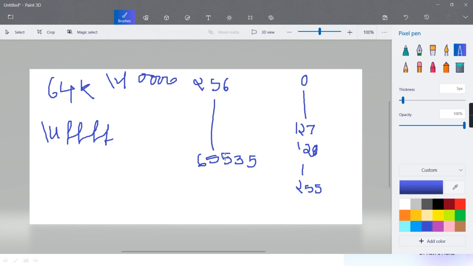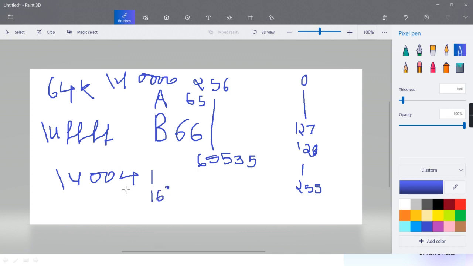Agreed? So in this whole chart, will capital B also come? Yes. And capital B's value is 66. Capital A's value is 65. But when you write that 65 in hexadecimal, it will be \U0041. Do and see. This is 16 power 0, this is 16 power 1. Can you tell me, is 16 power 1 into 4 is 64 and plus 1 is 65? Yes or no? Right, guys? Yes, sir.